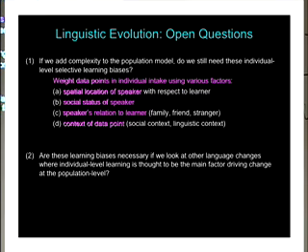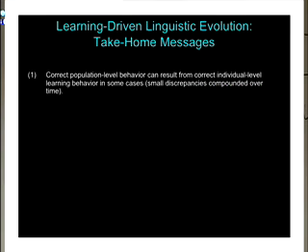That would be sort of the place to go with this kind of work, anyway. But the larger take-home message, so to speak, is that in this case, we get correct population level behavior from correct individual level learning behavior, and we got to monkey around a little bit with some of the nature of the individual learning behavior. And the big point is that you have small discrepancies compounded over time in an exponentially growing population, and so small changes can have large effects, right? And so that's what we were manipulating here.